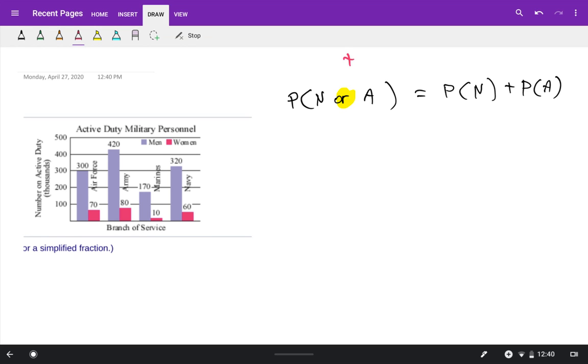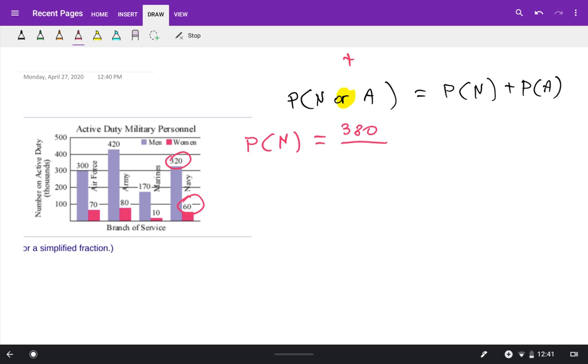So let's talk about the probability of Navy. Let's count how many people from the Navy we have. We have 60 women and 320 men. So 320 plus 60 will give us 380